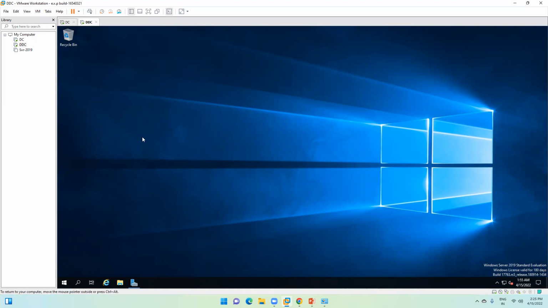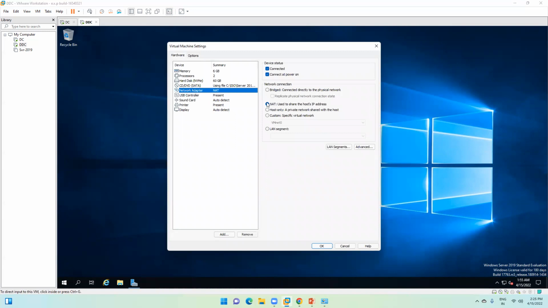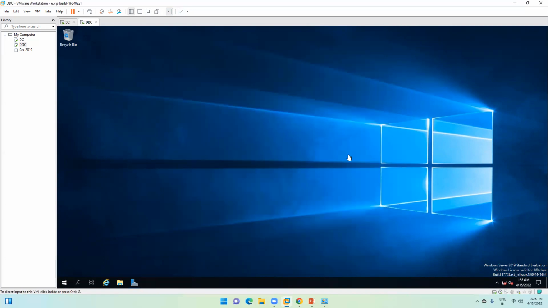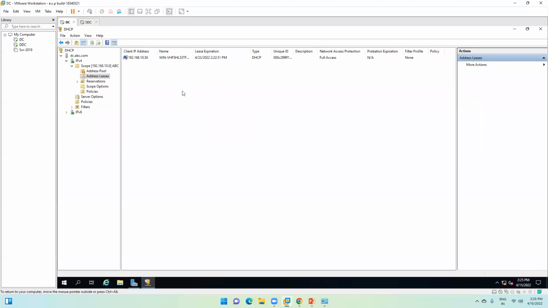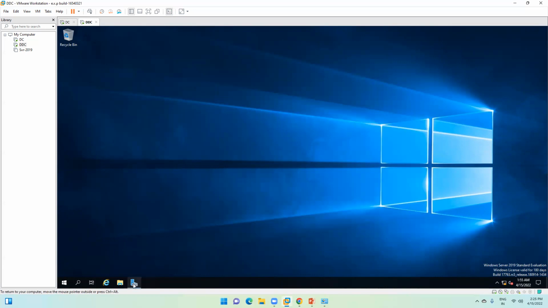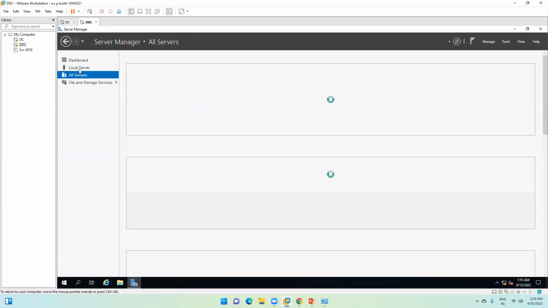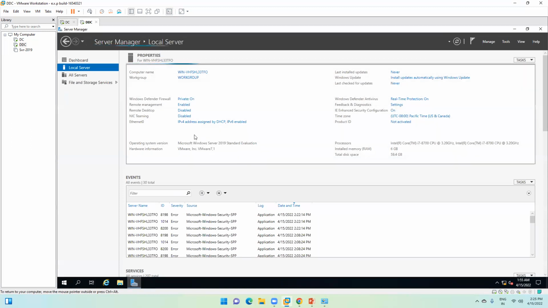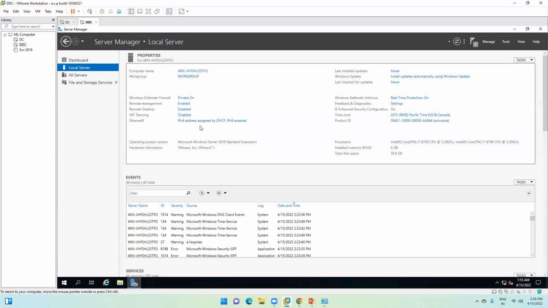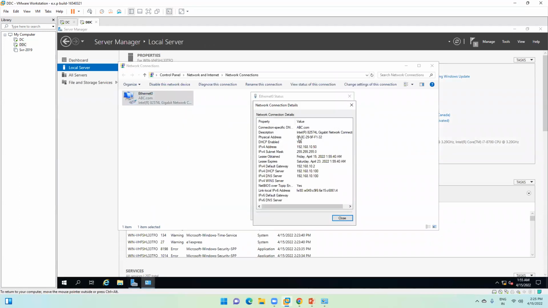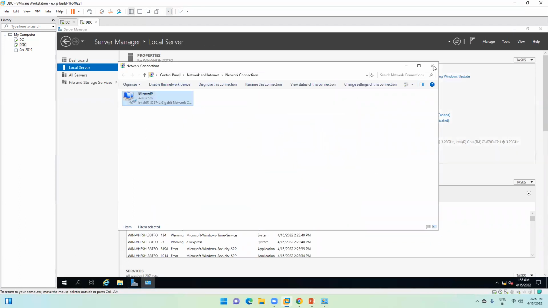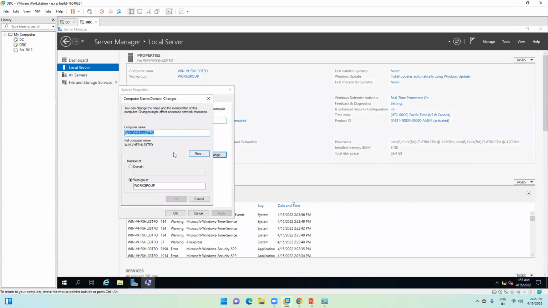Now I can switch back to my host only adapter because I want this machine to communicate with my domain controller. Okay, so let me check here. Let me refresh the server manager, and now you will be able to see again it is getting an IP address from abc.com, which is my domain. So now what I have to do is join this machine into the domain, which is